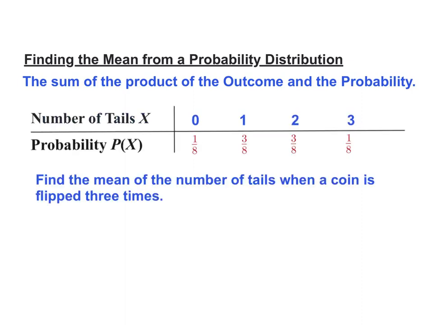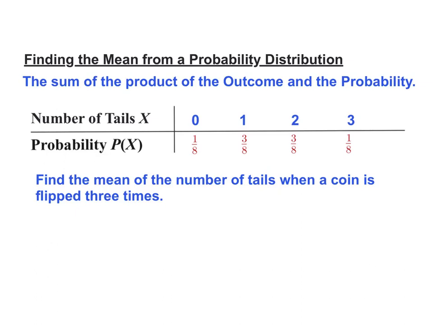Okay, so this is what I referenced. This was in 5.1. Okay, so this was that probability distribution. Knowing you flip a coin 3 times, if you get 0 tails, there's 1 out of 8 ways. The probability is 1 out of 8 to get that. There's 1 way to get no tails. That's 3 heads. Okay. There's 3 different ways to get 1 tail, so the probability is 3/8. There's 3 different ways to get 2 tails, so that probability is 3/8. And there's 1 way to get 3 tails. That's 1 out of 8. Okay, so that's that